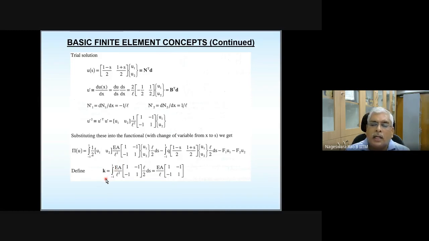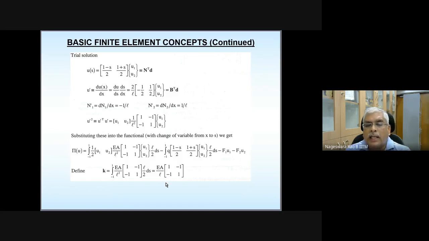please note that we are not going to physically integrate these things. When we implement in software, or when we automate it by writing code, this integration we are going to do by numerical integration. So we are going to spend some time on numerical integration. That is going to be the next topic.